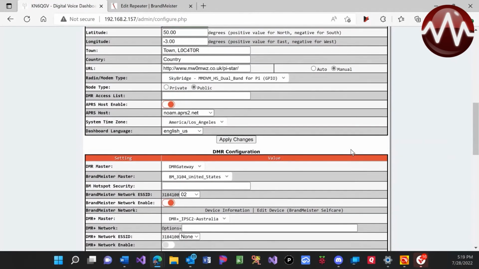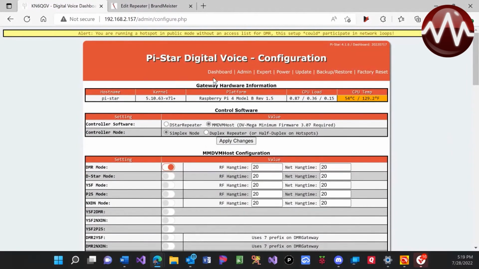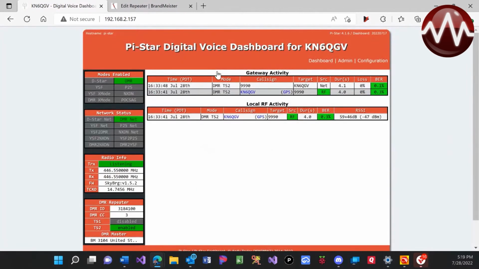Okay, so now as we can see, we should have our DMR up. So let's just try a pair it real quick. KN6QGV, this is a test. QGV, this is a test. There we go. So as you can see, we are now connected to Brandmeister's network, and we have successfully connected